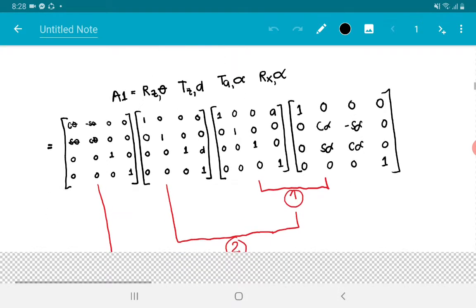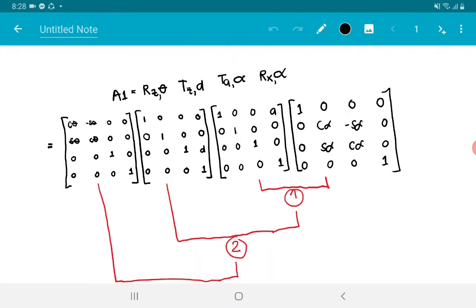Then this is the general equation or formula for the DH parameter. So for the DH parameter, you need the translation and rotation. So translation of z and rotation of z, and also the translation and rotation of x. Then